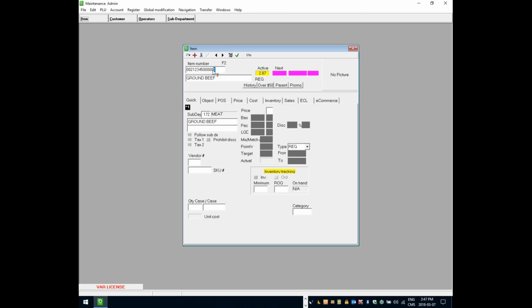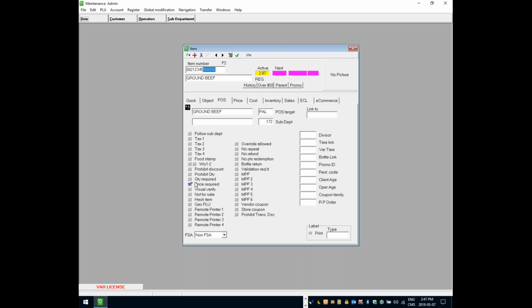The PLU number followed by a bunch of zeros where the price digits would be, where the scale prints it. So I set it to price required, so it is taking that price from the barcode because of that scanner definition table that we'll see Friday. But this isn't very nice for your reports,